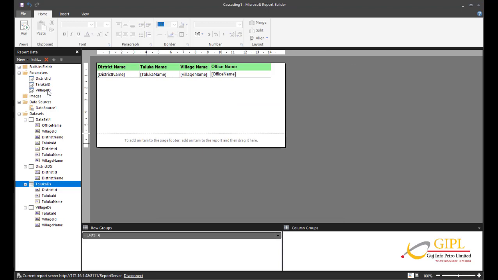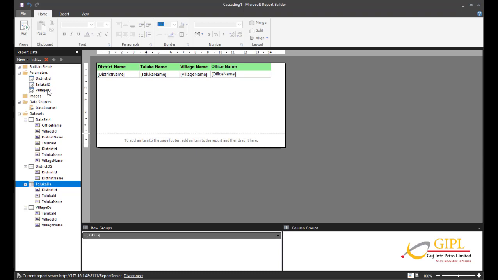Now we have to apply filter conditions. In SQL Server reporting services, filters are similar to SQL where clause. SSRS dataset level filters are used to restrict the records displayed by the SSRS report. SSRS supports two types of filters: filters at tablix level and filter at dataset level. We will use SSRS filtering the data at the dataset level to implement cascading drop-down functionality.